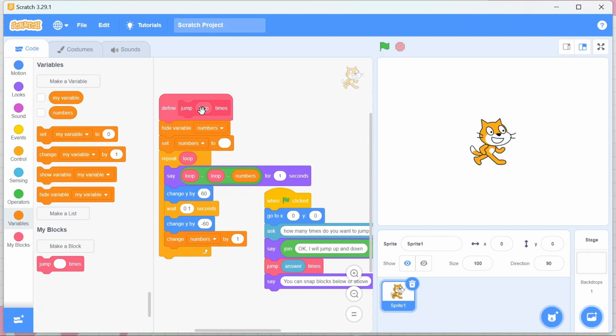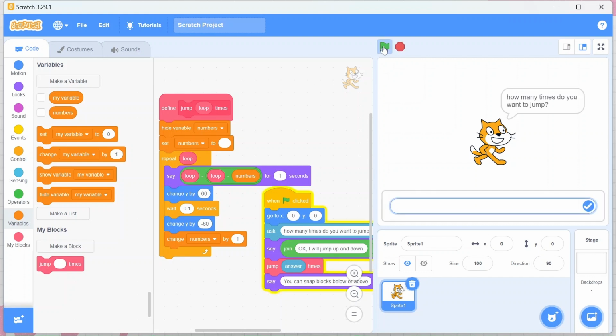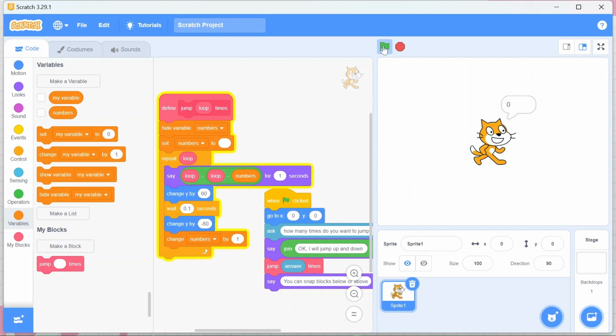See, here we have set these blocks. Now we are going to run it. See, as soon as I run it, it is going to ask the question, how many times do you want to jump? So let us enter it as 5, and see, here it will start jumping as 1, 2, 3, 4 and 5. So this is how we can create this jumping block.